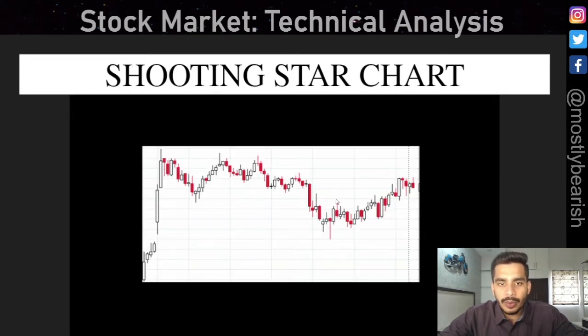This is a chart where I want to show you how a shooting star occurs. If you see this candle here, this is a shooting star. If you see the prior trend, the trend was upwards. This candle here is a Hanging Man, which we spoke about in the last video, and from there the prices came down. This was a hammer, which we spoke about again in the last video. The prices went up and now we spoke about shooting star. This is a shooting star where there is selling pressure.